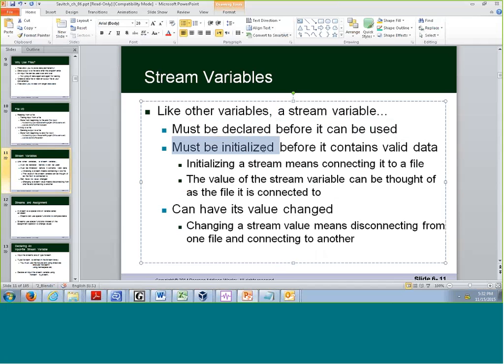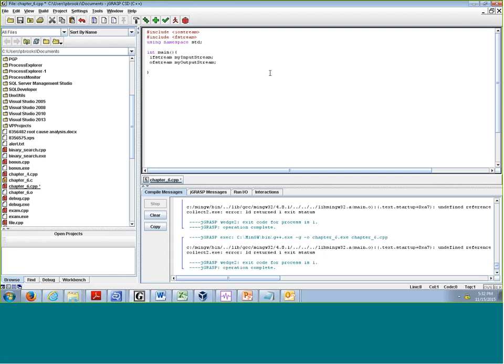Okay, initialized. Well, we didn't initialize this yet. So we're going to go ahead and initialize these. Sorry, just got a new keyboard here. I make a lot of mistakes with it. All right, so